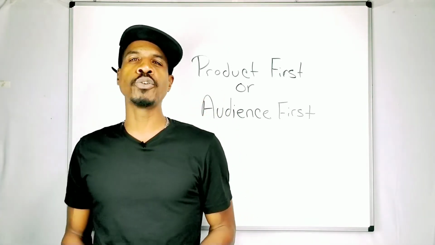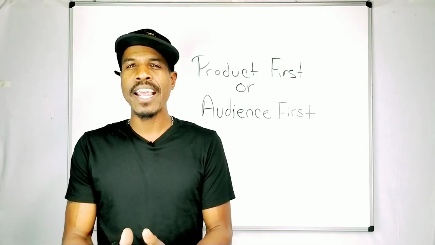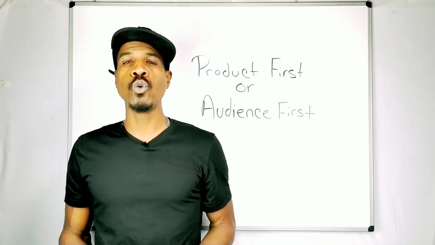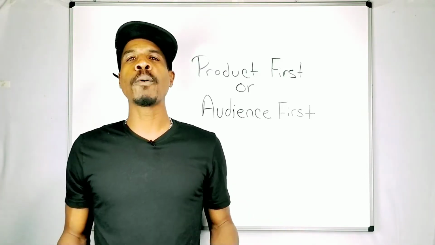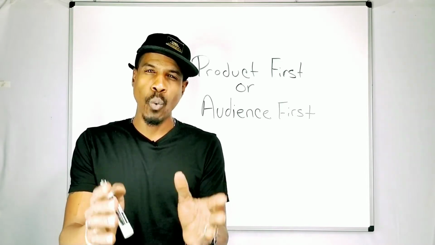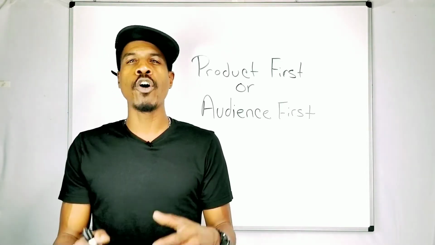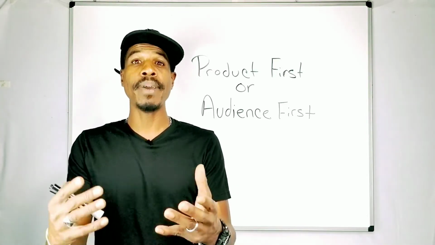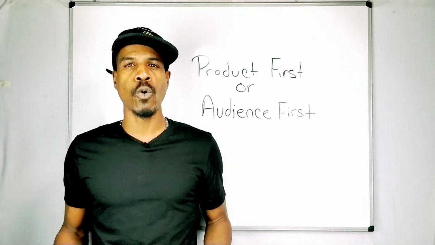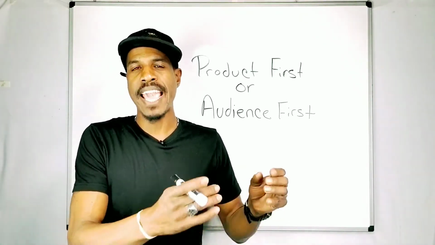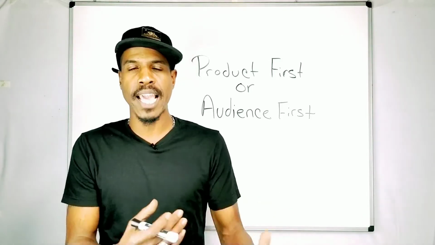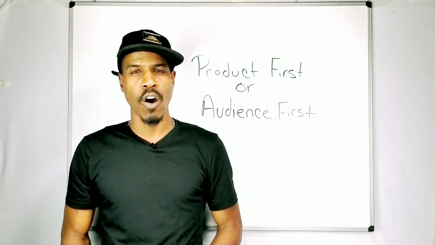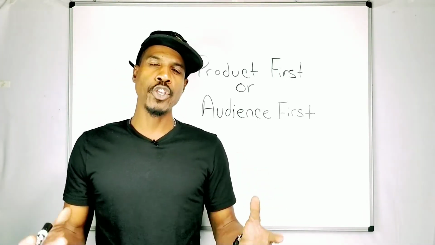And there's two tools that you can use online to help you find a hungry audience that is hungry for exactly what it is that you do. The first tool is the search engines. Every day, people are putting in search terms that match what it is that you do. So if you're posting on the search engines, if you're uploading blogs, if you're uploading YouTube videos that show up in response to terms that people are searching for, then you are absolutely getting in front of that hungry audience. And then you can communicate with that hungry audience and find out what their problems are, what their issues are, and what their desires are. And then you'll have that information when you bring them a product.